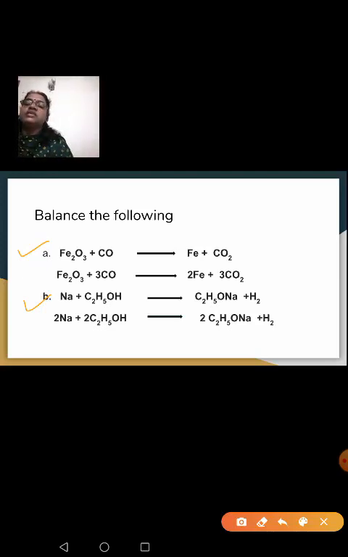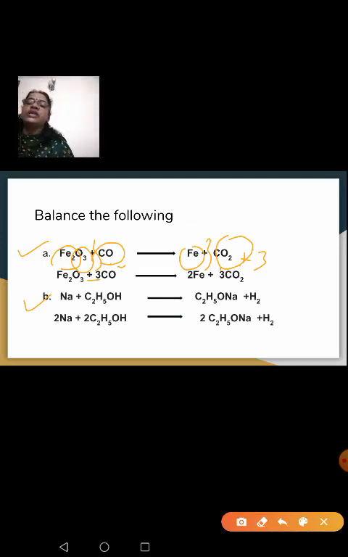Fe2O3 plus 3 CO, that is your carbon monoxide, gives iron and carbon dioxide. So here carbon monoxide and here it is carbon dioxide. So oxygen atoms are not equal in number and your iron atoms here are also not equal in number. To make it equal, I am multiplying this oxygen atom by 3. So where will I put the 3? I'll put the 3 here. So my carbon is increasing by 3 and oxygen is becoming 6. On this side, oxygen is already 3. So when I put a 3 here, oxygen will become 3 on the CO also, so that the total number of oxygen atoms becomes 6 and carbon is also increasing by 3. Clear? So the equation becomes balanced.